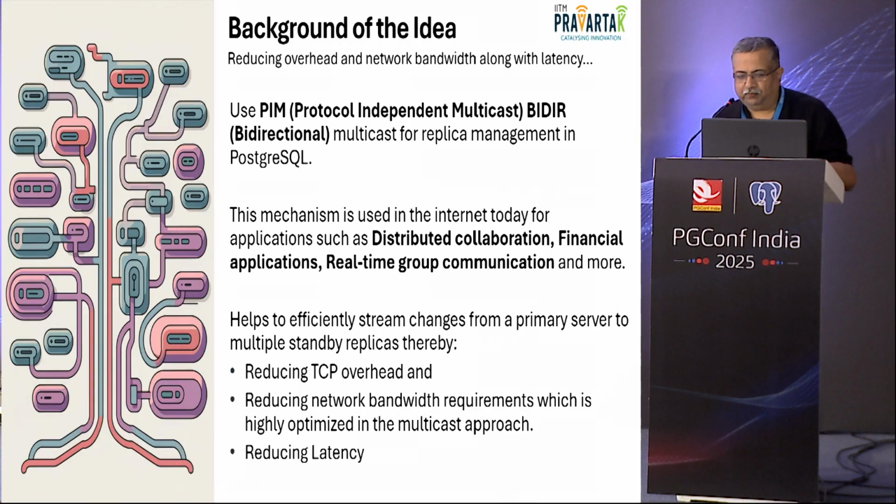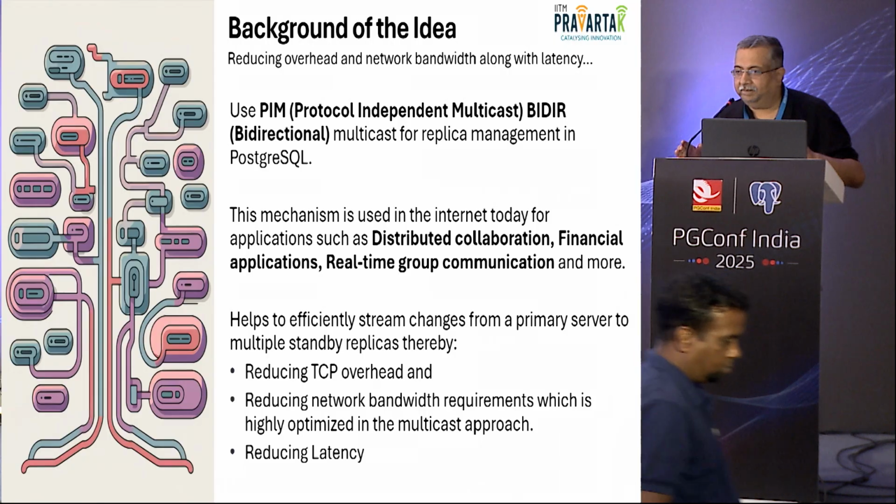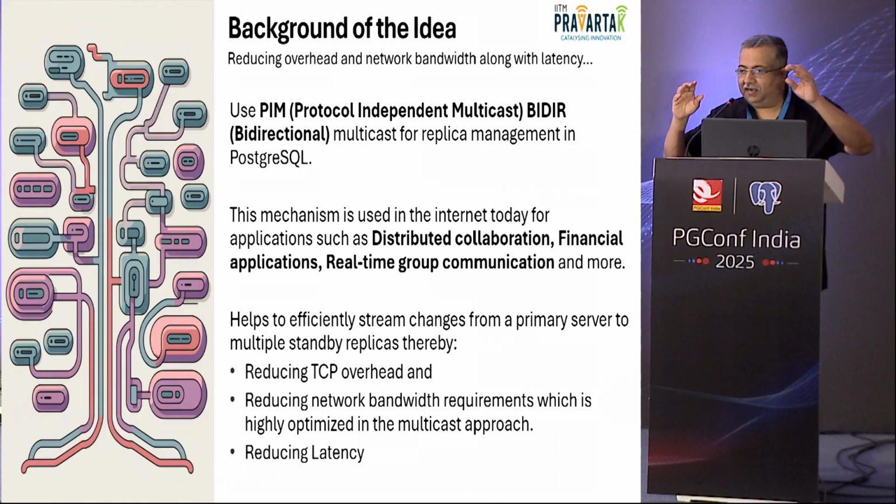So we're going to use protocol independent multicast bidirectional. Bidirectional meaning every sender can be a receiver, every receiver can be a sender, right? So if you've got a primary and a secondary, multiple secondaries, they can work in such a way that they are representing the situation where you've got a single primary and multiple replicas. It can also work for the condition called multi-master replication, where every sender can be a receiver and every receiver can be a sender. And in multi-master replication, you come across the problem called full mesh, where all the nodes